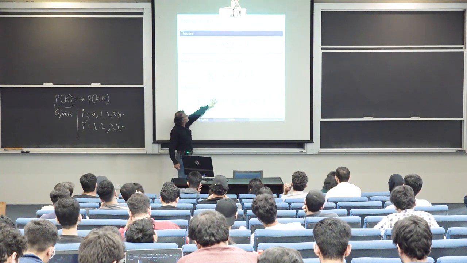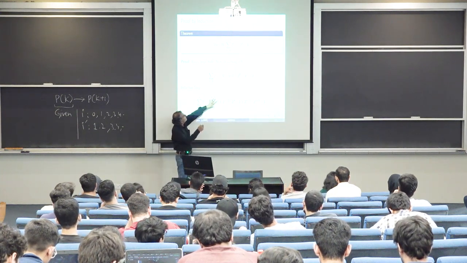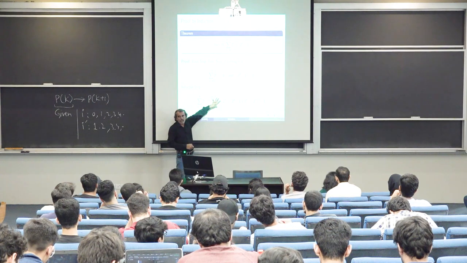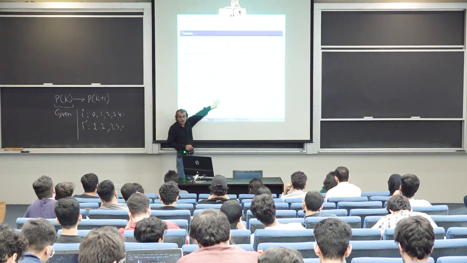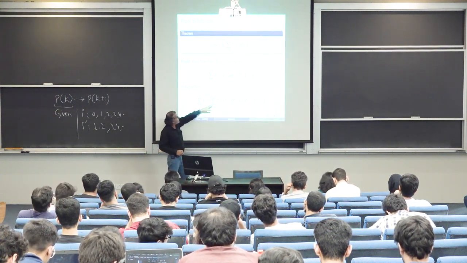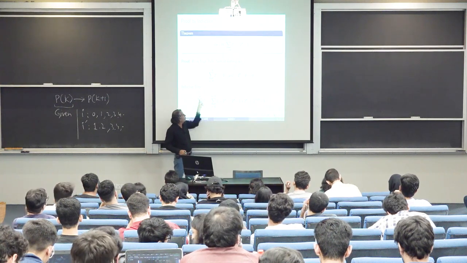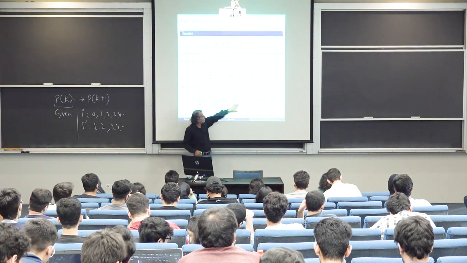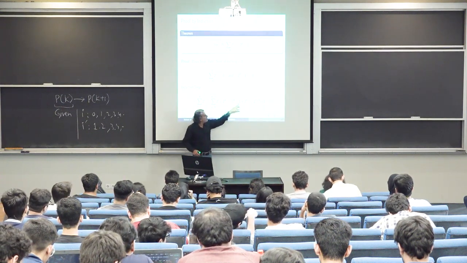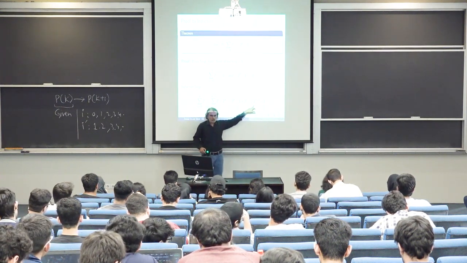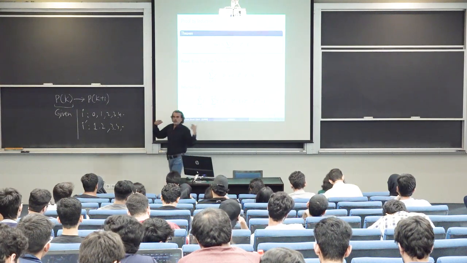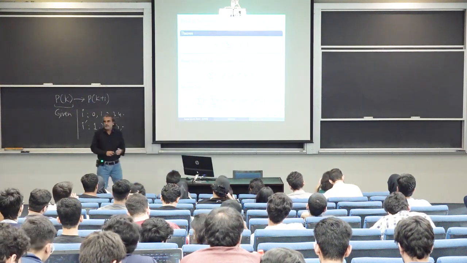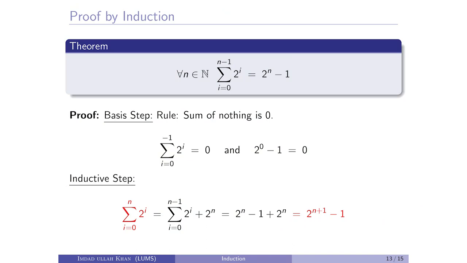What is this part? If you look over here, this is what was our IH, inductive hypothesis. The inductive hypothesis plus the last item is 2 raised to the power n, because our original loop is running up to n. If we solve, this part is 2^n minus 1. And so 2 times 2^n minus 1, powers will be added up, so 2^(n+1) minus 1 will be the answer. Yes?